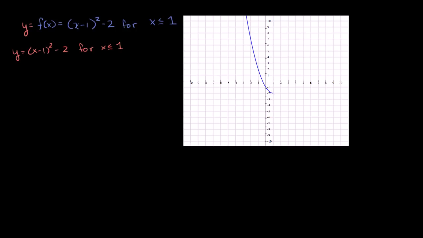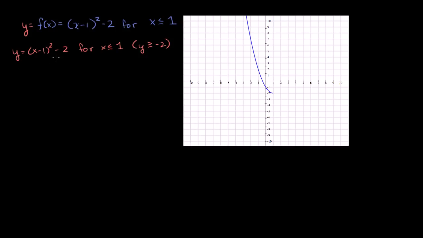We can look at the graph and say that this is defined for y being greater than or equal to -2. So we can put in parentheses y greater than or equal to -2. Right now this is our range, but when we swap the x's and y's, this is going to be our domain. So let's keep that in parentheses. Let's solve for x. That's all you have to do to find the inverse: solve for x, and make sure you keep track of the domains and the ranges.